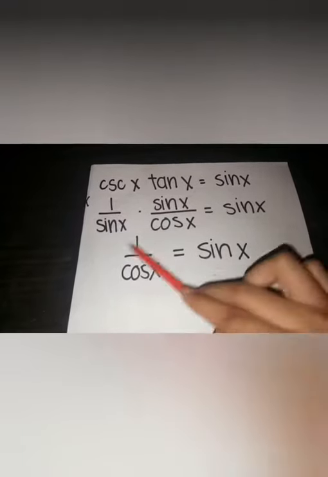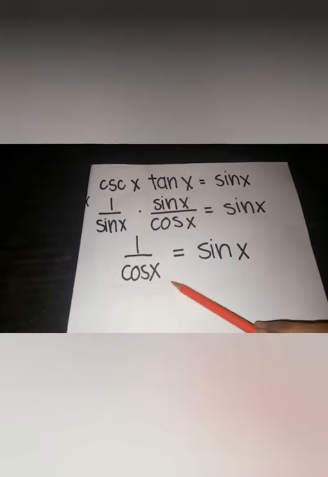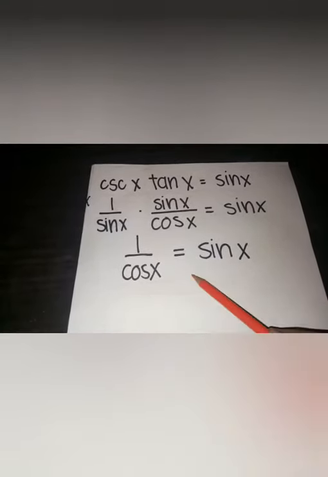And this 1 over cosine x and sin x are not equal, so this equation is